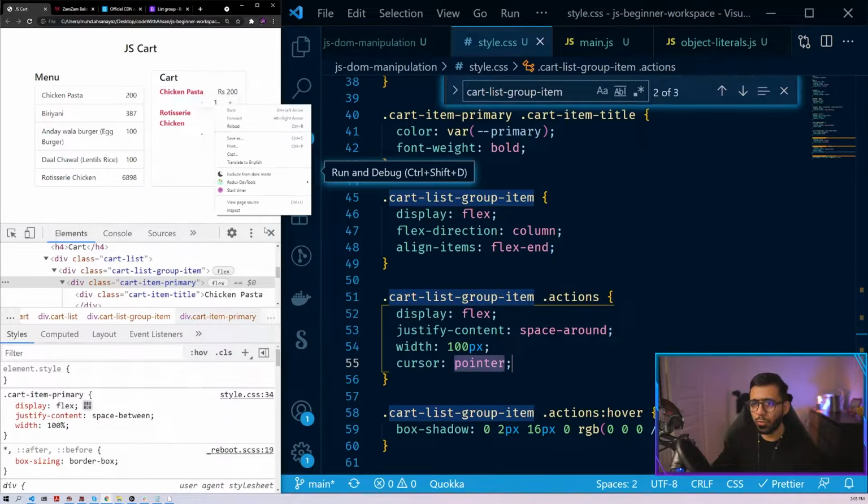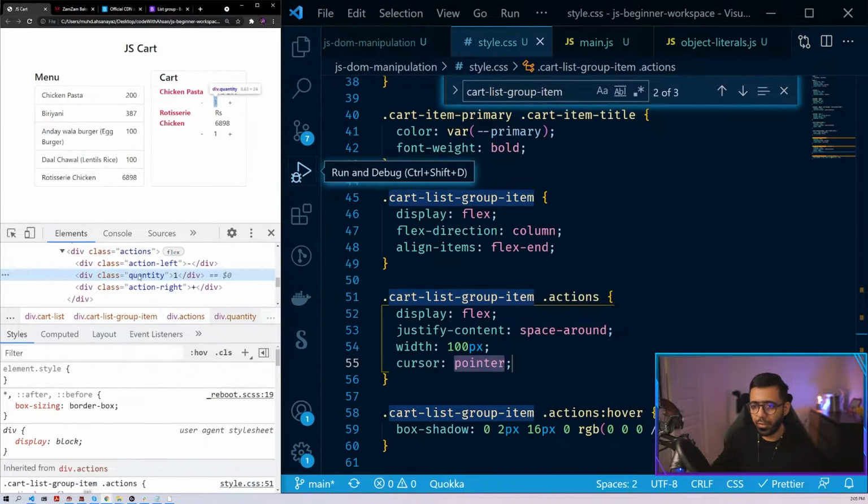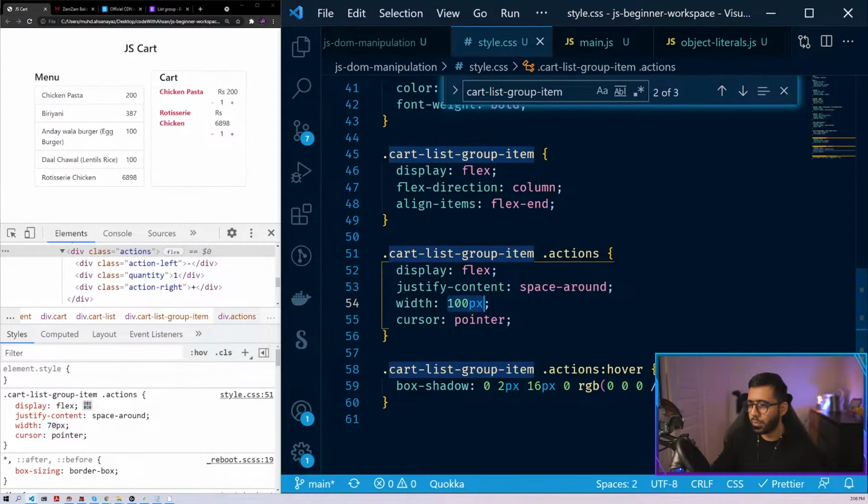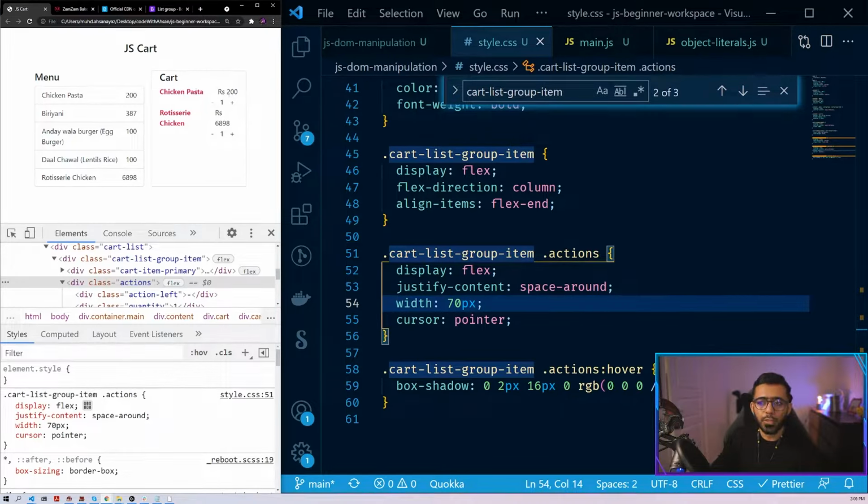One more thing that I want to do is limit the width of this actions class. It's 100 pixels right now. I want it to be reduced to somewhat like this, so maybe let's say 70 pixels. I think that's pretty much good for this one. So we save this now. Now that we have all this covered,